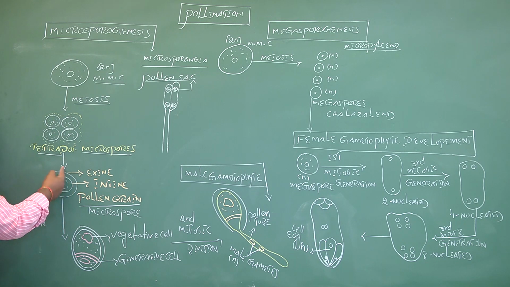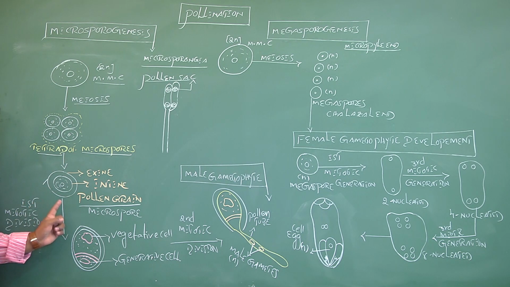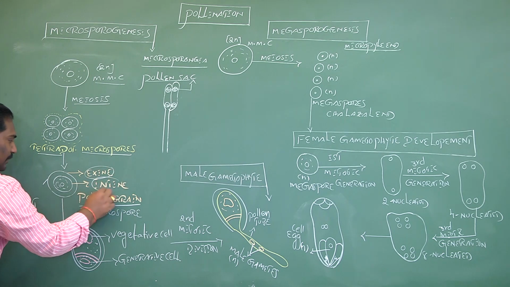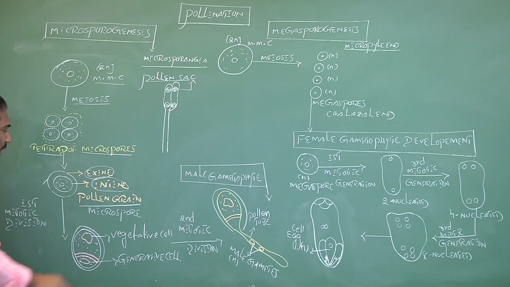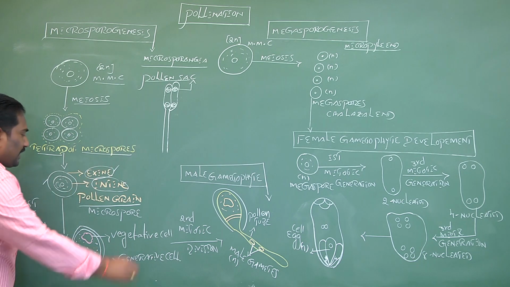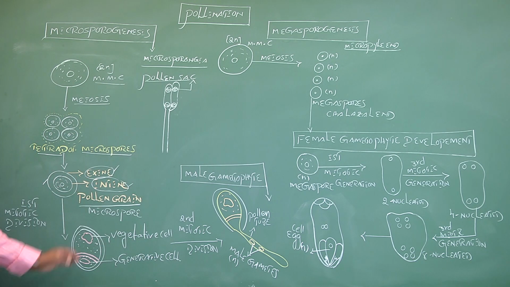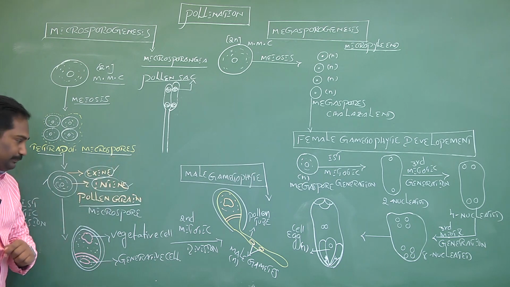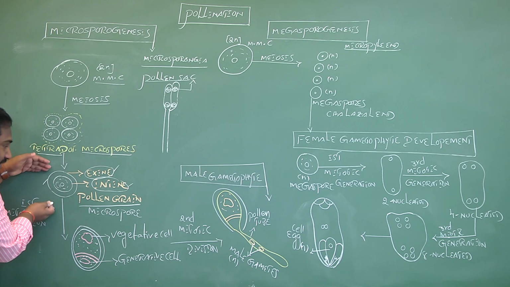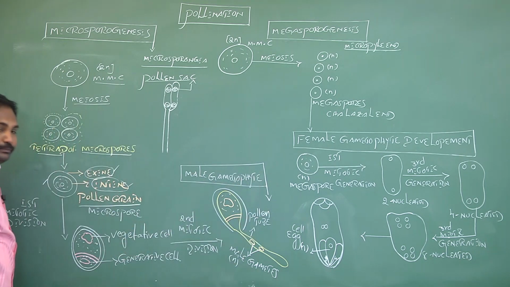Each pollen grain is spherical or rounded in shape and measures 25 to 50 micrometers in diameter. It is made up of two sporoderms. The outer sporoderm is called exine and the inner sporoderm is called intine. The chemical composition of exine is sporopollenin, and the chemical composition of intine is pectin plus cellulose, pectocellulose. Now, this haploid pollen grain or microspore is the starting cell for male gametophyte development.